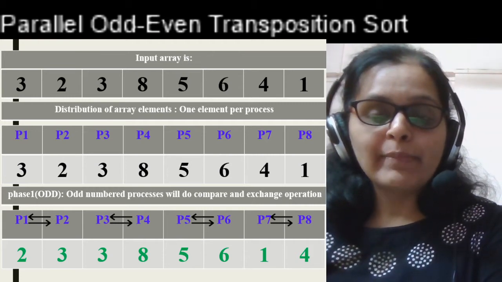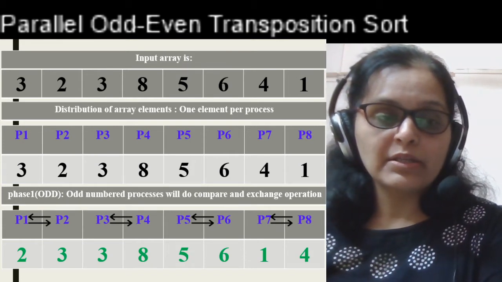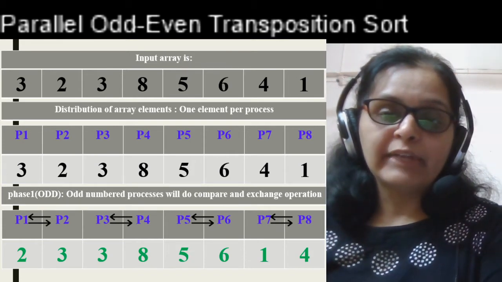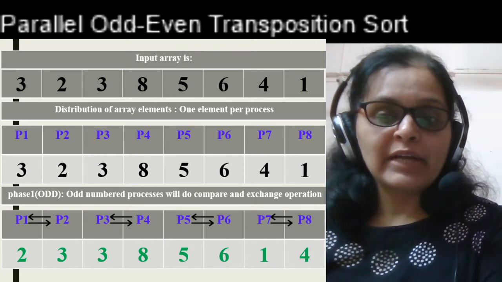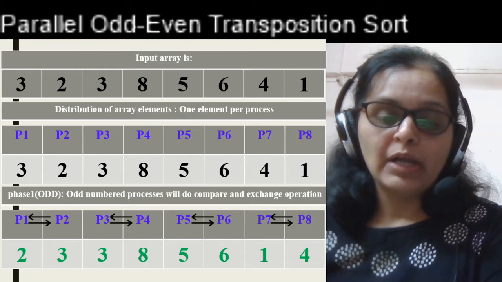The same case you can see in the even phase. So whether it is even or odd, you are getting time complexity as O(1). So how, let us go ahead.